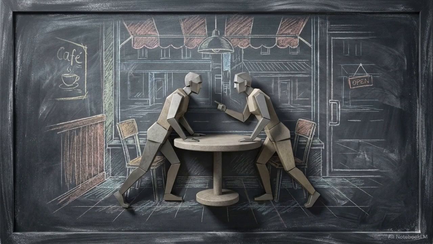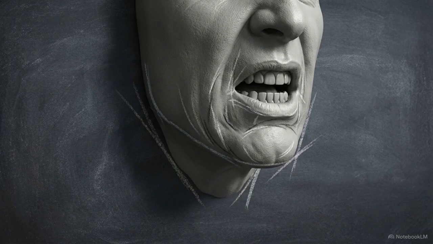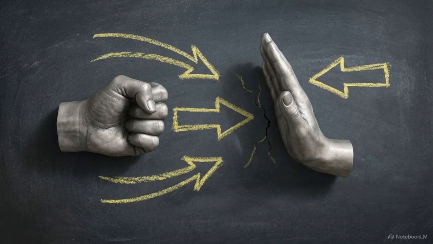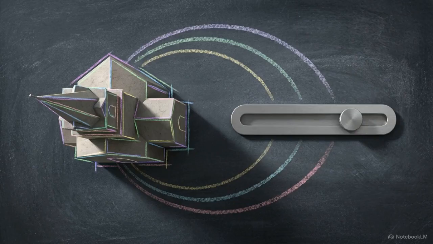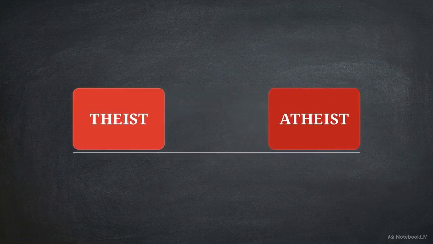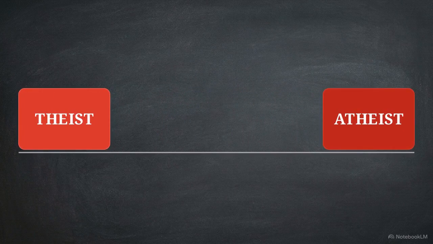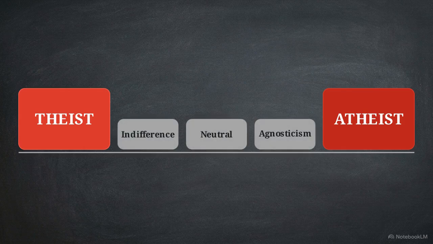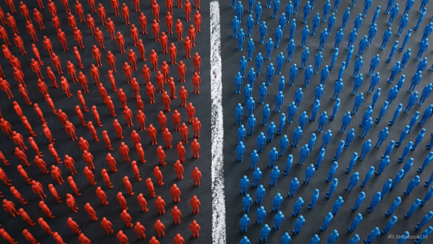This fallacy scales down from grand philosophical arguments directly into our rapid, everyday conversational phrasing. Consider the trap in the common phrase, "If you are not for me, you must be against me," or the identical trap, "If you are not a theist, you must be an atheist." Both of these statements inappropriately treat contraries as contradictories. They erase the valid, neutral middle ground, like simple indifference or agnosticism. These rhetorical traps bypass our logical filters. They create a false sense of tribalism, demanding we pick a side in a binary that doesn't actually exist.